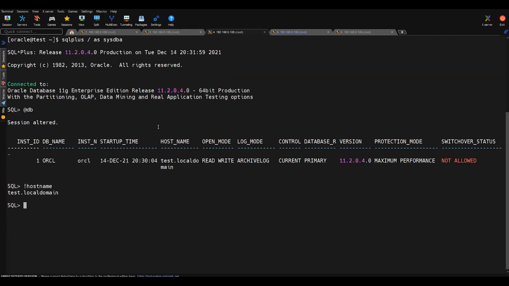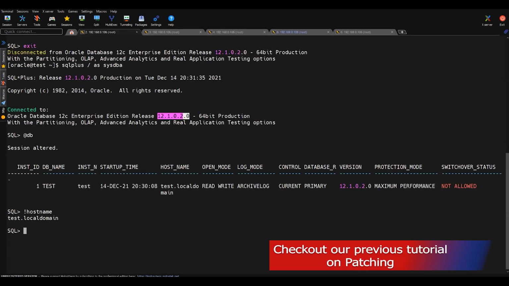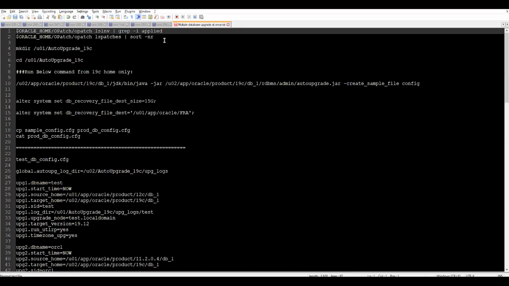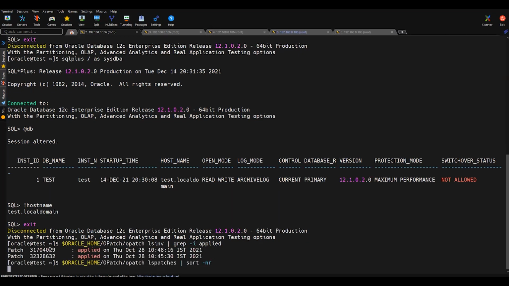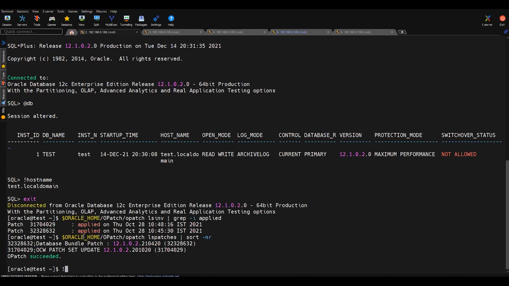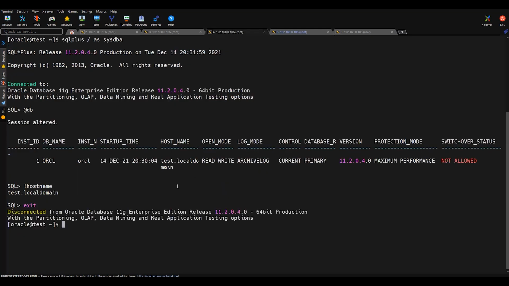Okay, 19C latest version. There are a few prerequisites that you need to do before any kind of upgrade. One thing you have to make sure of is that you have applied the latest patches on these databases. I'll verify whether these patches are available or not. Let's quickly log in to the servers and verify it. Currently the profiles of these two databases are different. This one is running from the 12C home. If you run the environment details, you can see those details. I'll come back to the 11G home also, and we'll verify this as well.